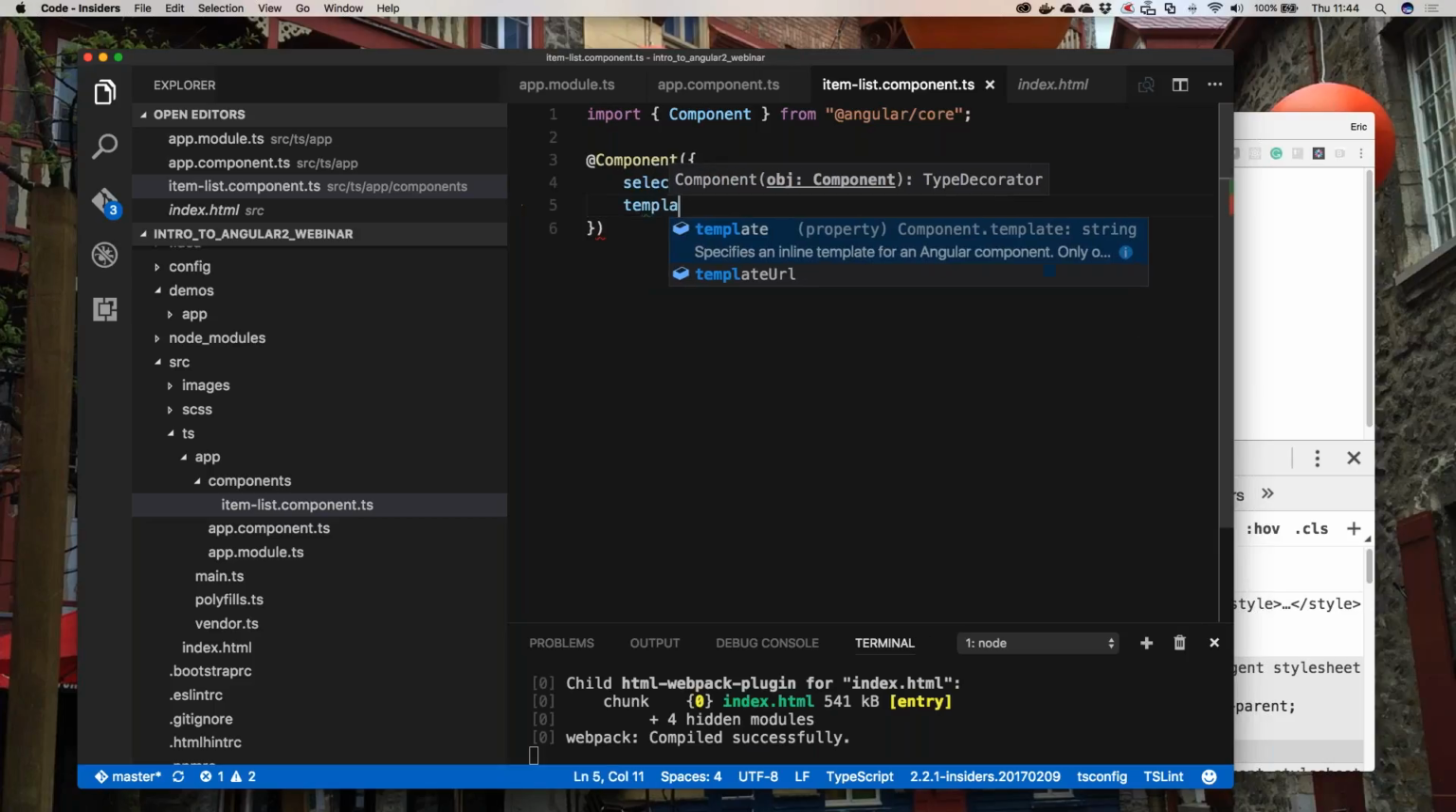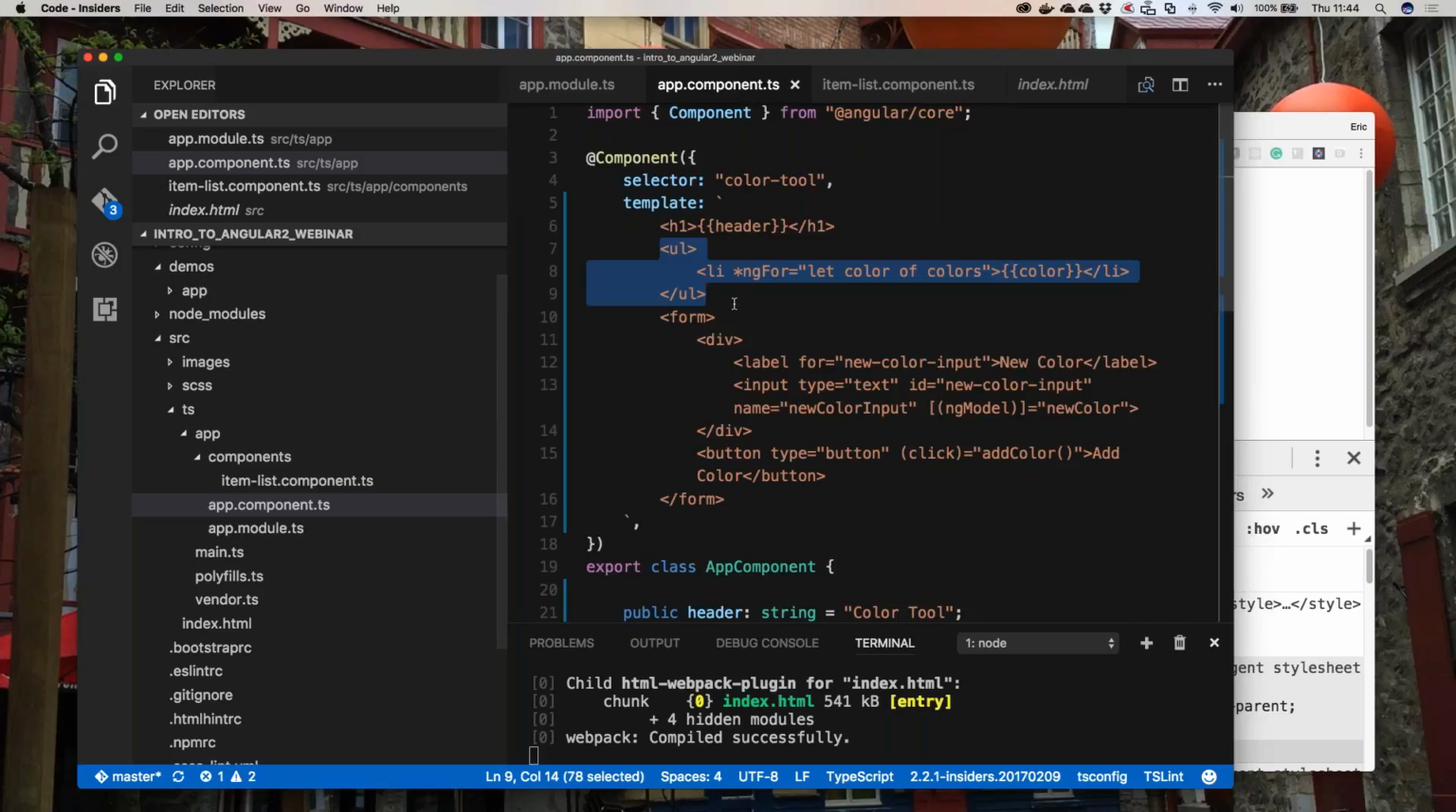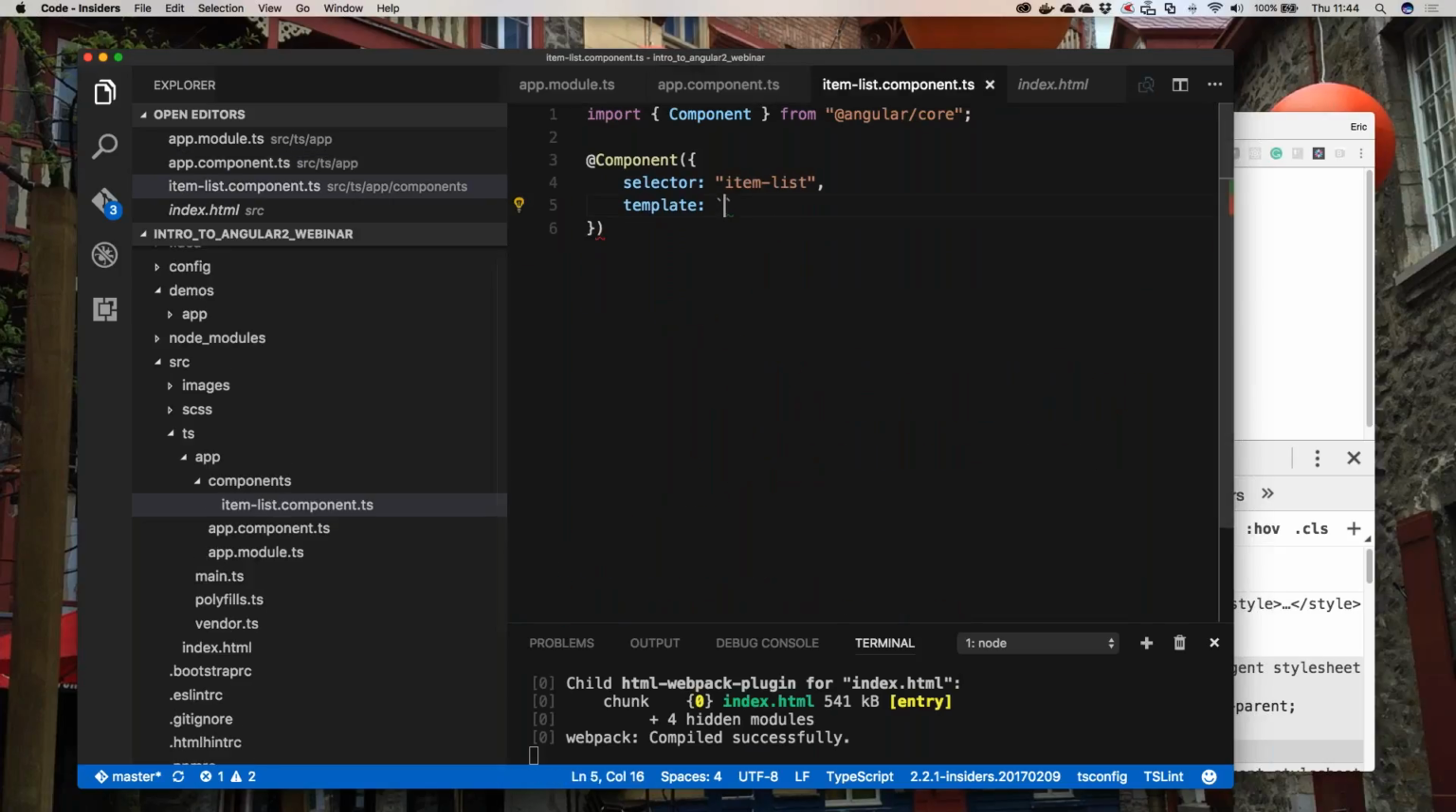For our template, we'll just come over here to our first component, and I'm just going to copy the template out of here and paste it right into here. So we'll clean it up here a little bit. Okay. Now, for our list item here, we don't want to say color of colors, because what we're going to